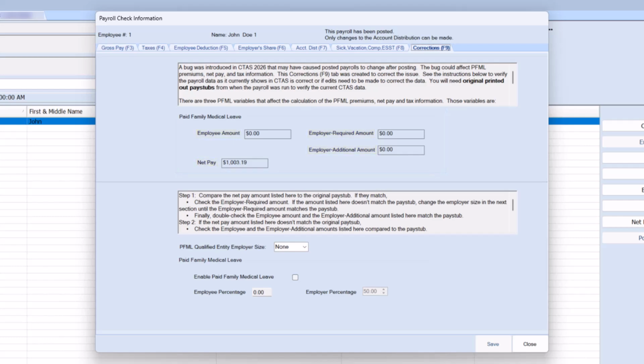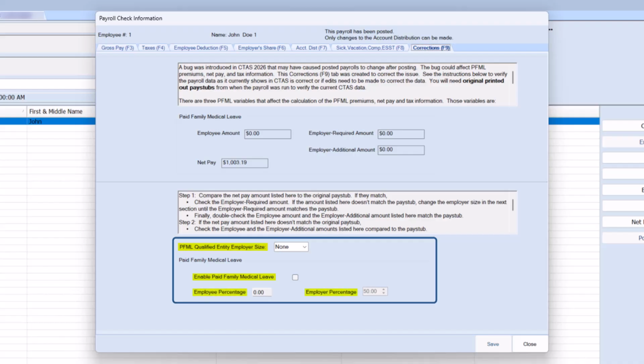These values are listed based on the data, employer size, PFML enabled disabled, and employee-employer percentage split as it appears in the bottom section. If you make changes to the bottom section, the amounts on the top section will change.